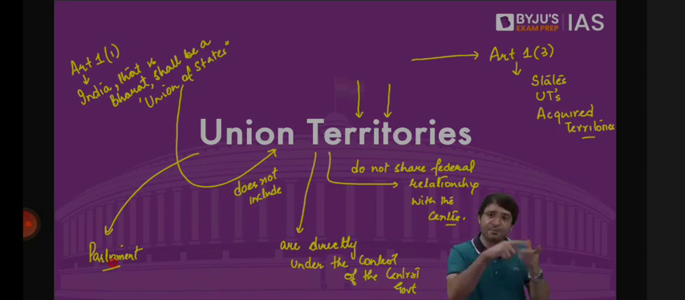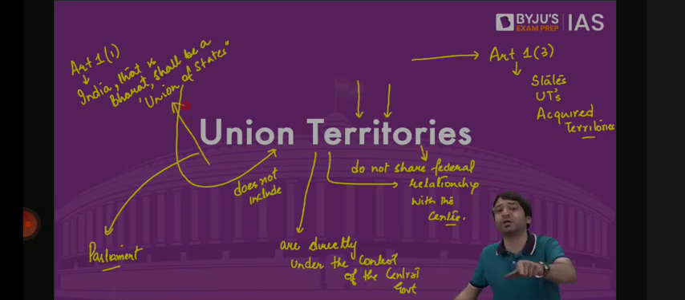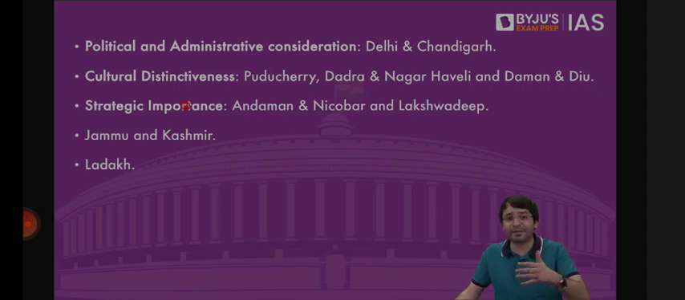Because union territories are directly under the control of the center, which means there is no dual government, there is no distribution of powers, which means these union territories do not share a federal relationship with the center, which means this phrase, India that is Bharat, shall be a union of states, does not include union territories. But we do not see a commonality or uniformity in the way the structure of union territories exists in India,